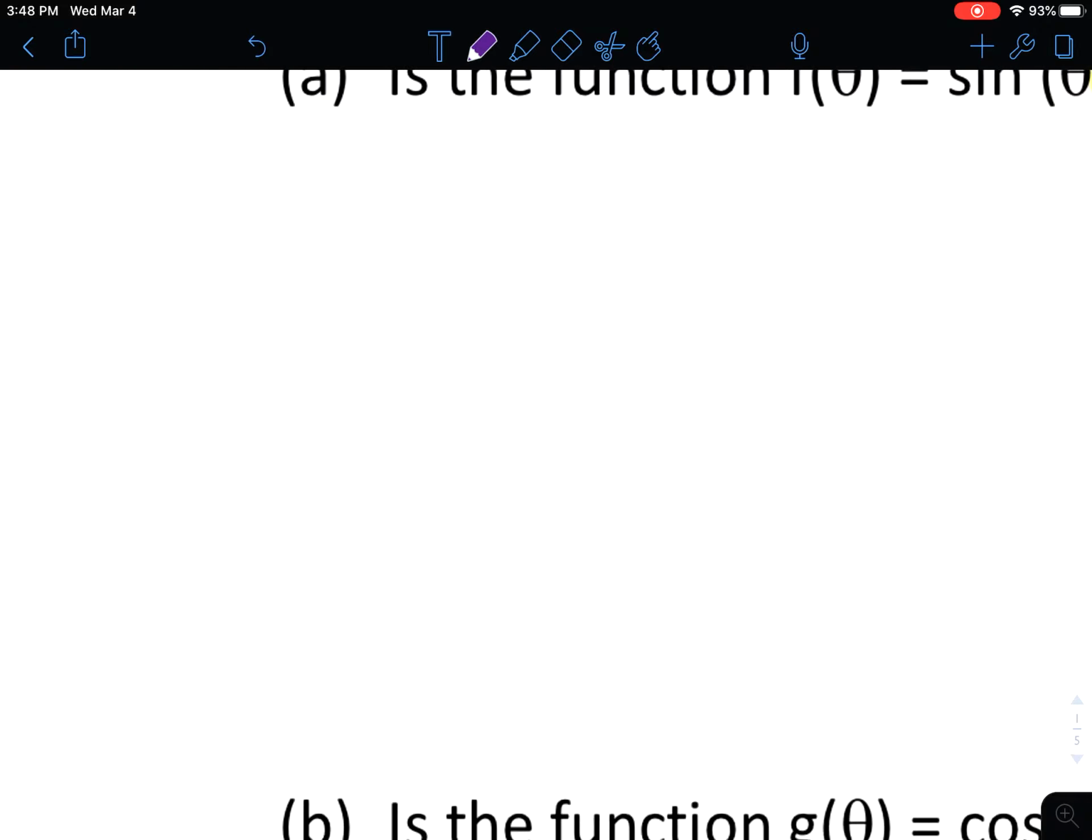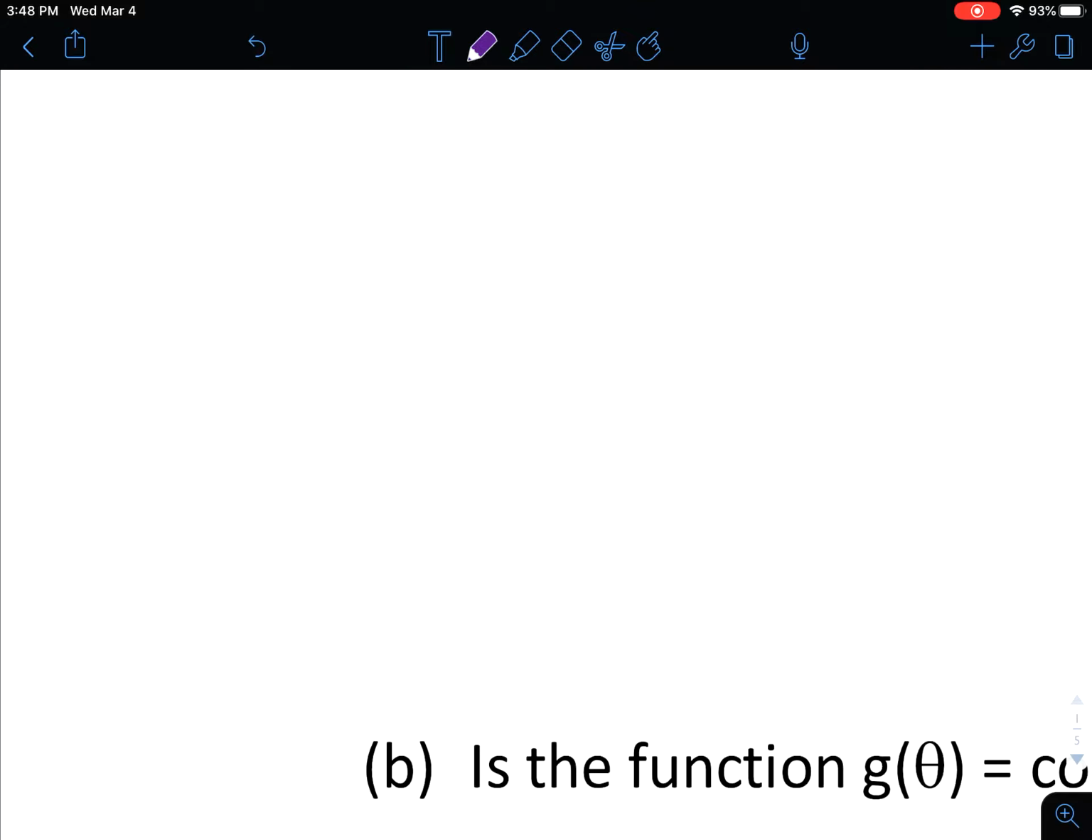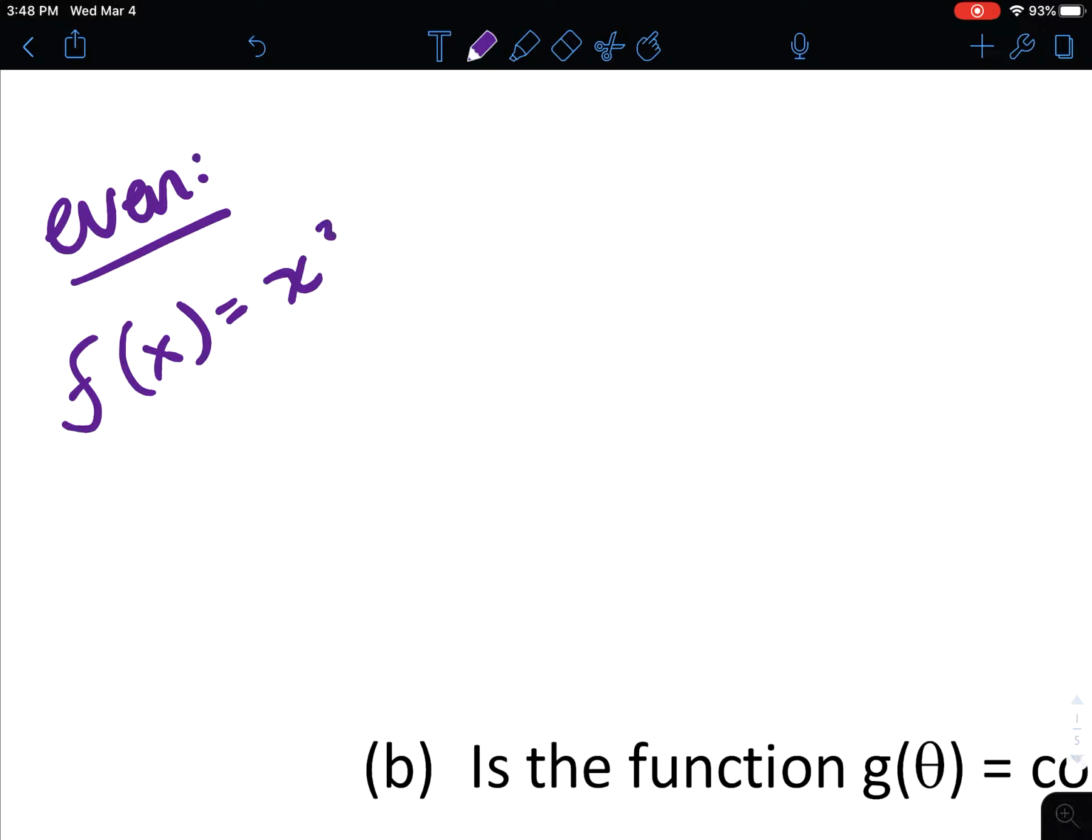To be able to understand this, let's remind ourselves what even functions are. Even functions are going to be functions like x squared. And x squared, if we graph that one,